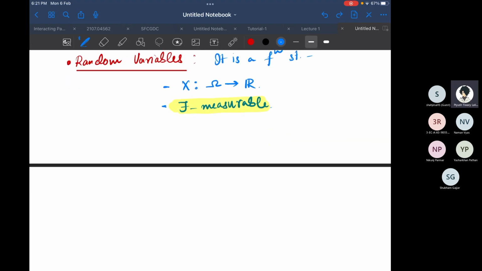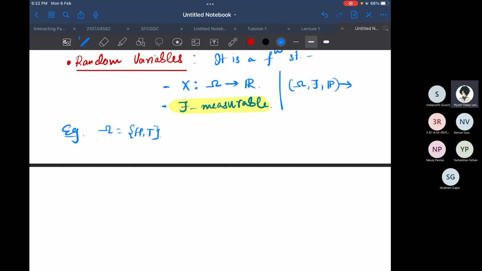So you would ask me, okay, you are saying it is a function. Well, let me give you some example to maybe convince you. So omega for a coin tossing example is H comma T, and the way I used to see it, this omega, F, and P tuple creates what we call a probability space.